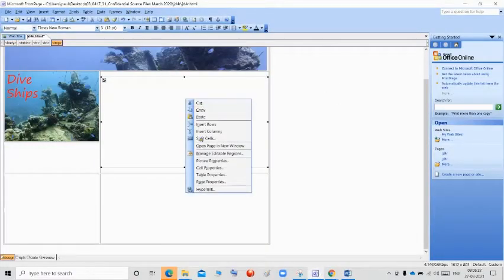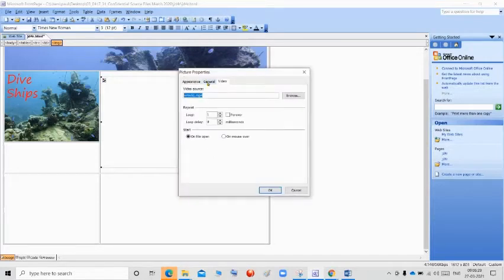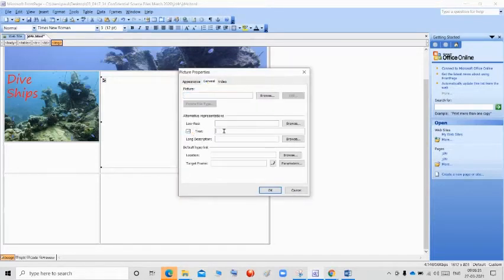Right click, Picture Properties, go to General, in the Text we are going to type: This browser does not support the video type. And click OK.